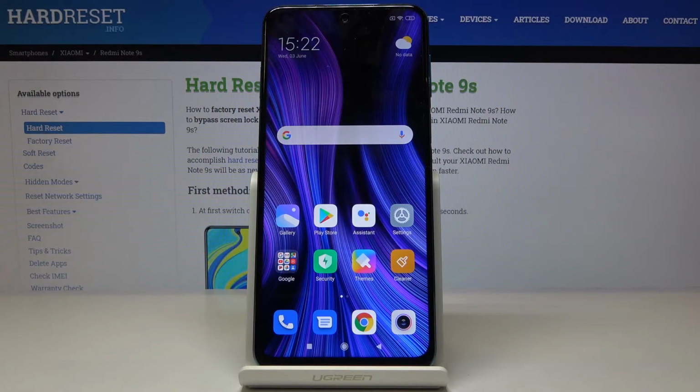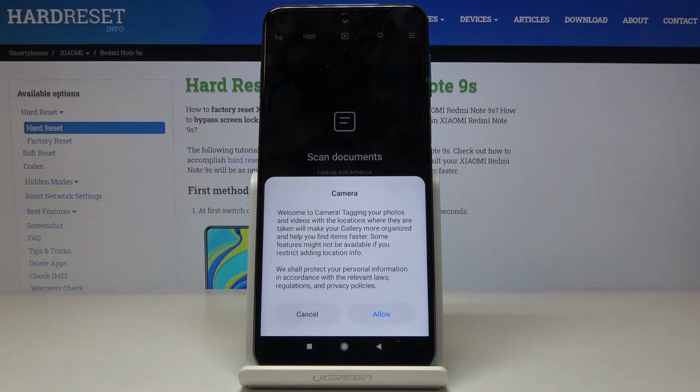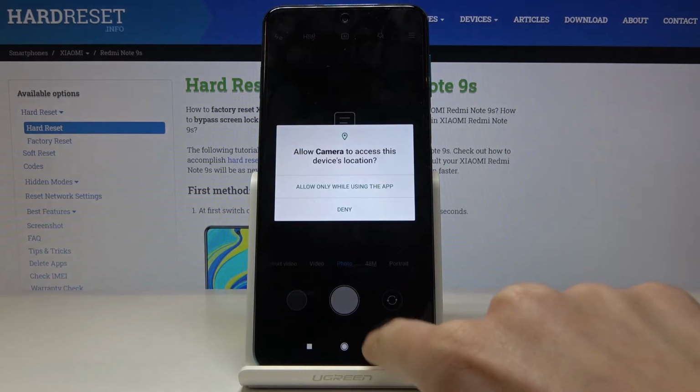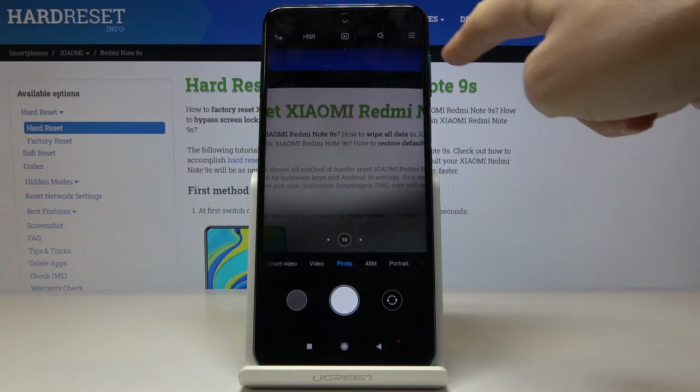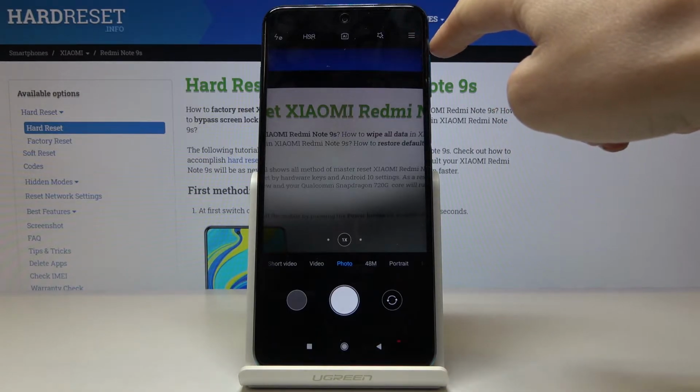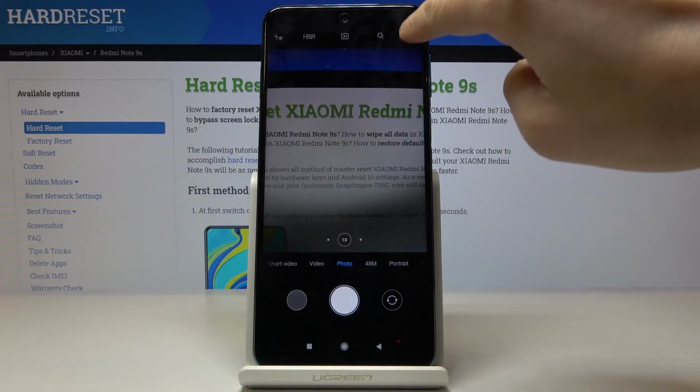Here I've got Xiaomi Redmi Note 9S, and let me show you how to activate and use camera timer on the following device. So at first you have to open the camera app, and then let's go with all the setup. Now just tap on the more icon, which is 3 horizontal lines in right upper corner,